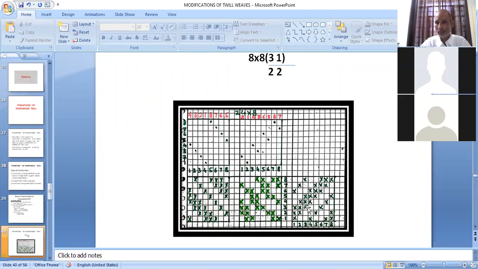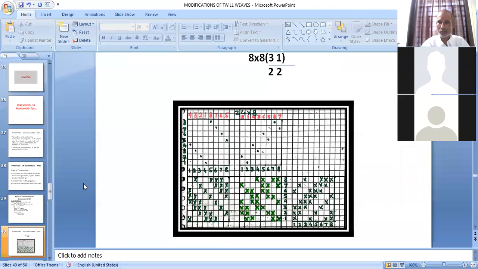That you have to remember, because a few designs have their specific names, and it may be asked by their specific names. If it is asked to construct a transposed twill in 8 cross 8, then you can construct this one also, either this one or this one, you can make any. But if it is given to construct a Mayo, then you have to construct only this design. Is it clear?